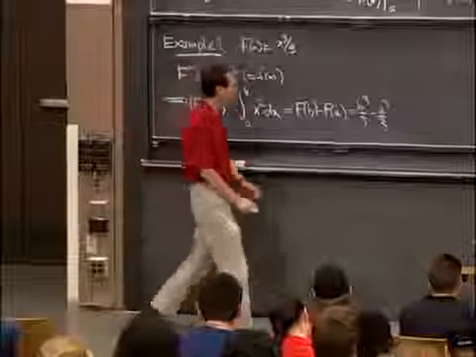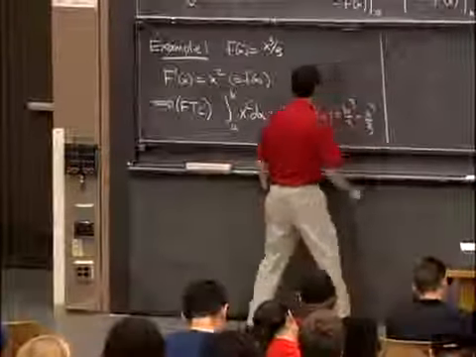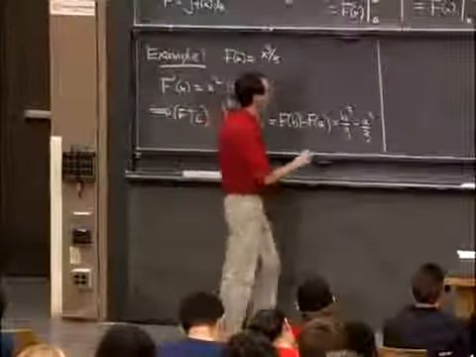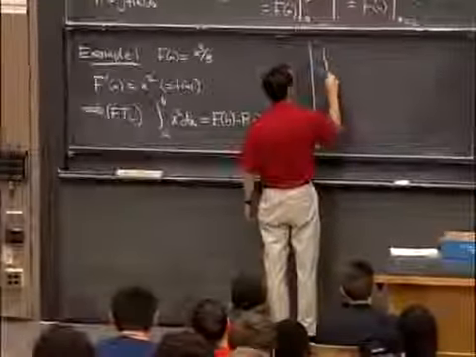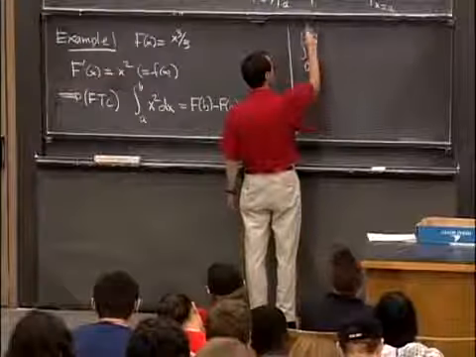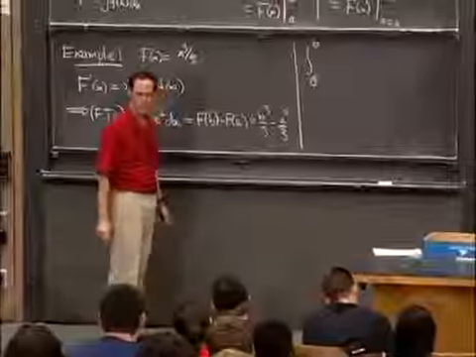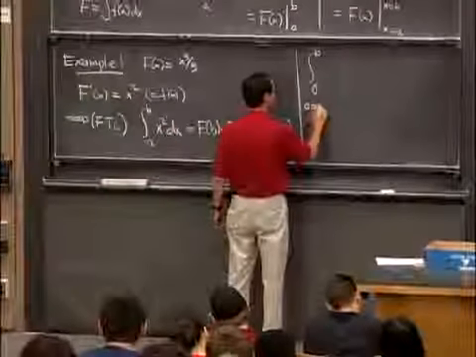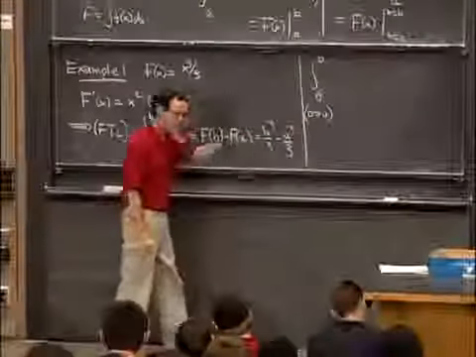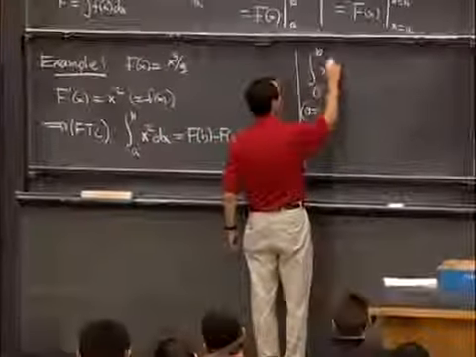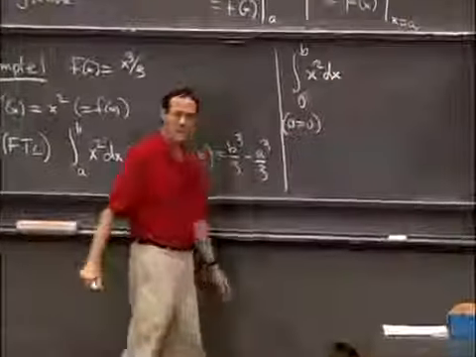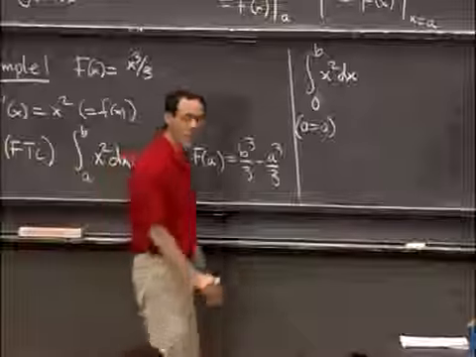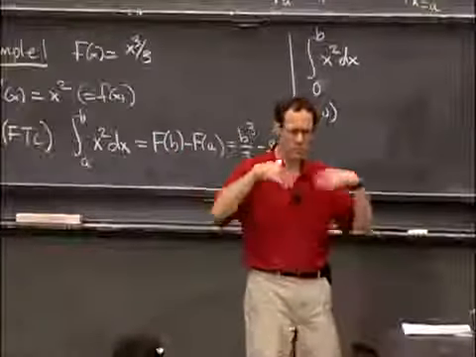Now, in this new notation, we usually don't have all of these letters. All we write is the following. We write the integral from a to b. And I'm going to do the case 0 to b because that was the one that we actually did last time. So I'm going to set a equals 0 here. And then the problem we were faced with last time was this. And as I said, we did it very laboriously. But now you can see that we can do it in